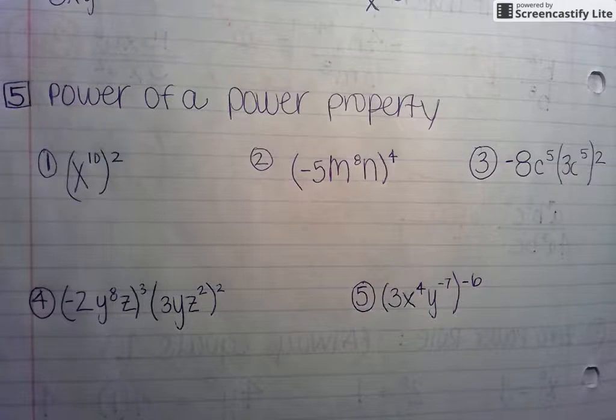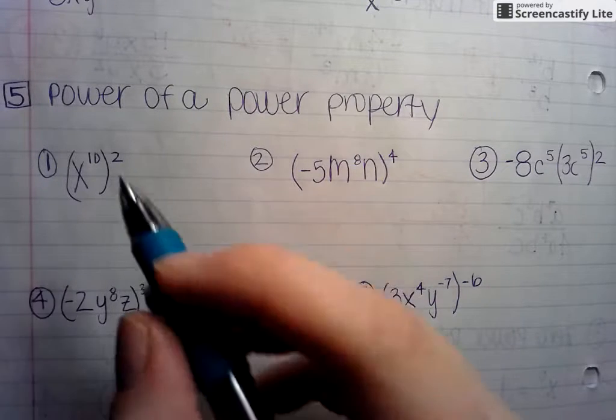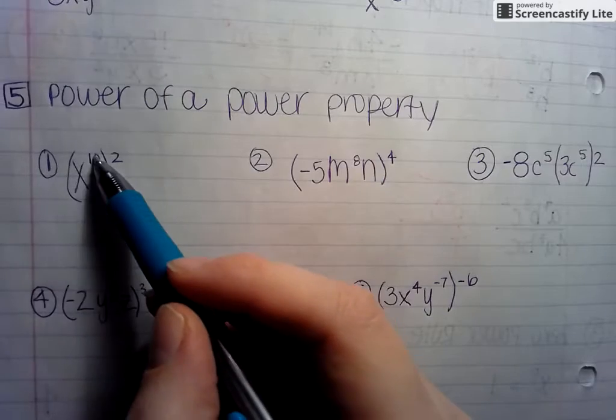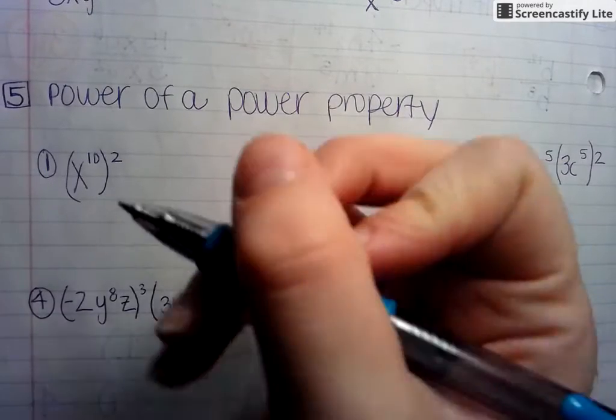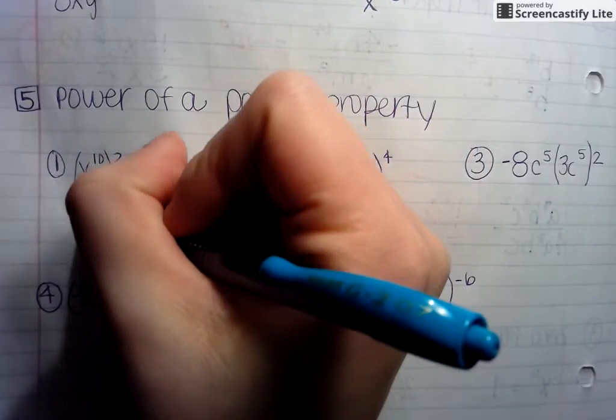So this is one of the exponent properties, and it's called the power of a power property. What happens is that there's going to be an exponent outside of the parentheses, and that means that you have to multiply. This is saying it's x to the 10th, and then that's all to the second power. So what you're going to do is leave the base the same,